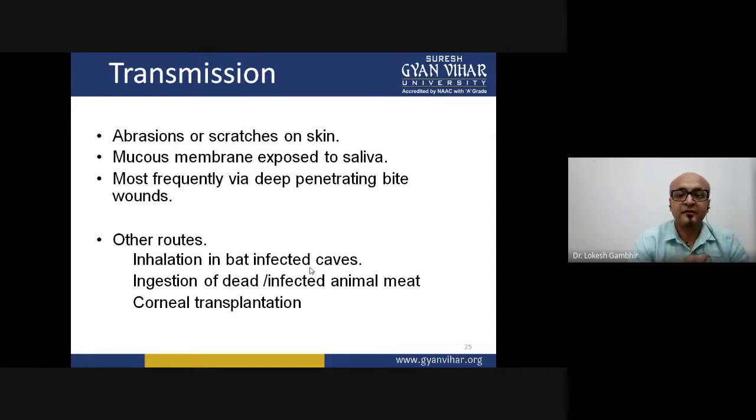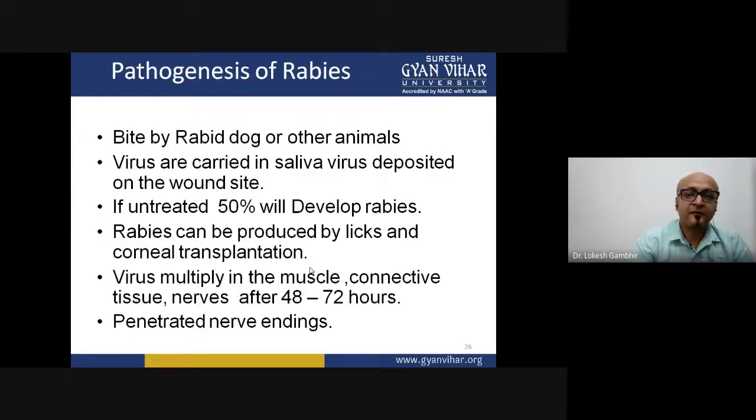And the transmission, as we have discussed: once the mucous membrane is compromised, there is a scratch or any kind of bite penetrating that mucosal membrane, and there is an infected mammal which has caused that damage, then by the saliva the virus might enter inside and cause this disease. And apart from this, in a clinical setting, when we are talking about organ transplant, if there is the presence of rabies virus, then it can cause transmission.